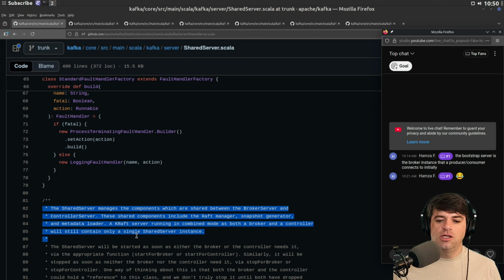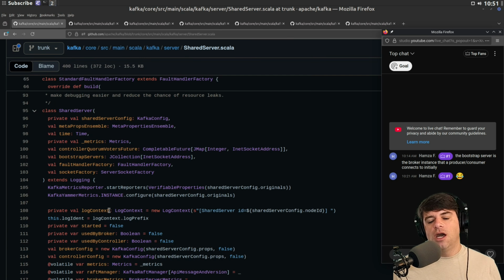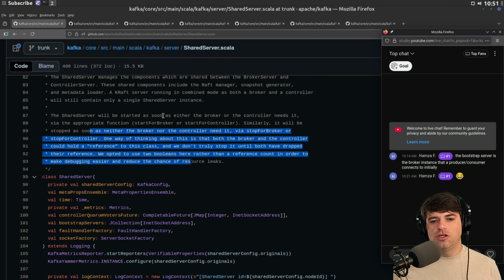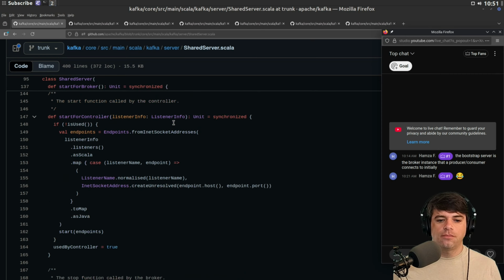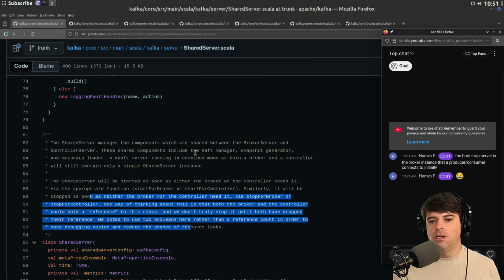Shared server manages the components which are shared between the broker server and the controller server. These shared components include a Raft manager, a snapshot generator, and a metadata loader. I don't know if these are global, but they seem like they might be just globals that are shared between the two things. And it's the stuff they told us.